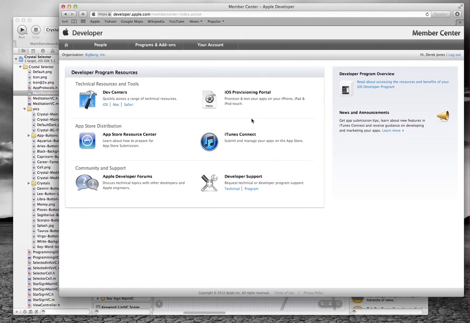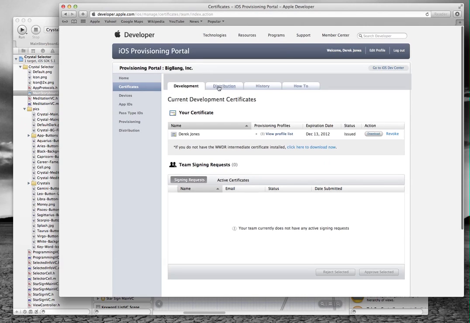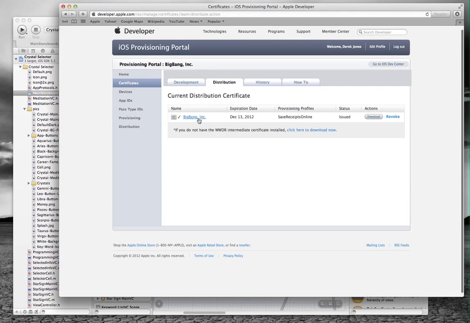Part two of how to upload your application to the App Store. The other day, I had you go to the iOS provisioning portal, go to your certificates right over here, and go to the distribution certificates and get yourself one of these. Once you have one of these downloaded and double clicked and installed into your keychain,